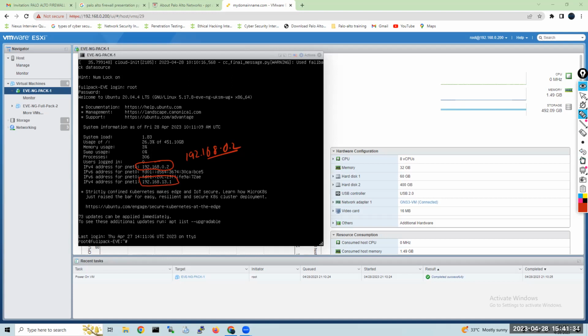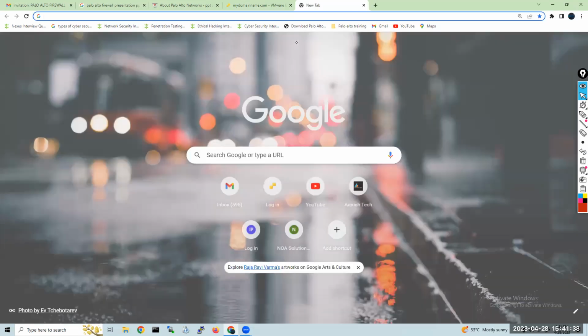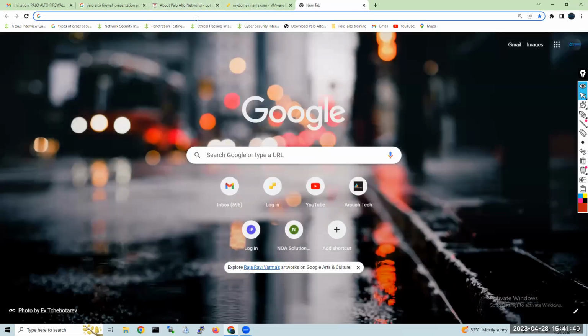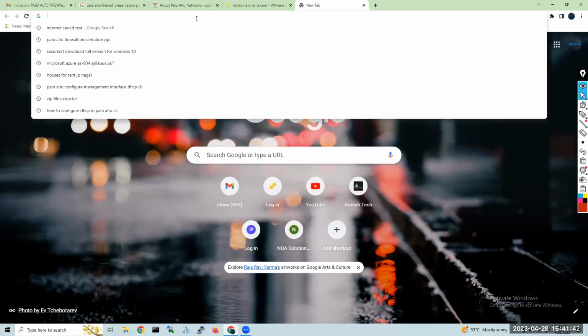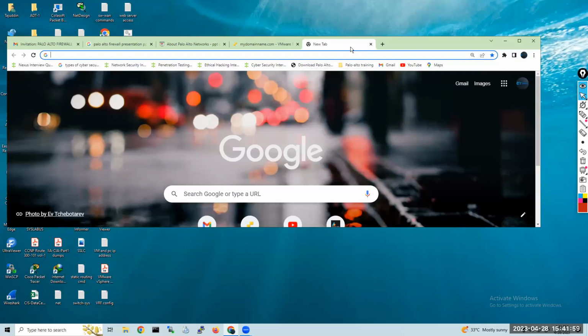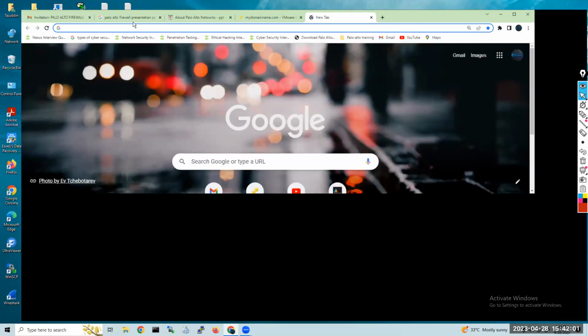Okay, I will load this, then we'll come back to this. See what I'm doing here, because I'm using this application through the browser. Browser is very important right now.